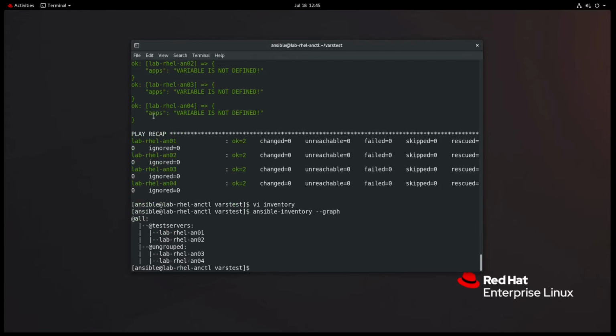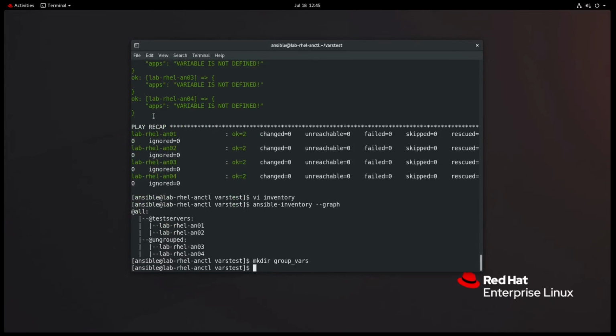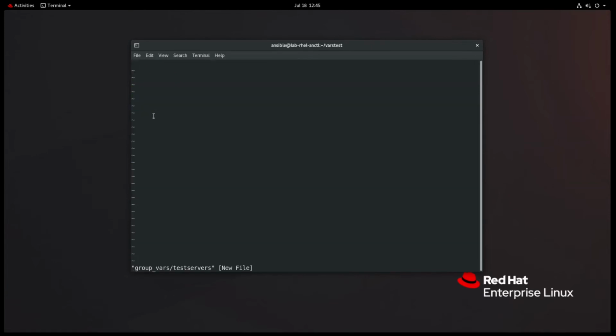All right. So just like you have the directory for hostvars, you can make one for group vars as well. So group vars. And just like with the hostvars, you would create a file that matches the name of your group. So let's do that. Group vars. And we'll do group vars test servers. And this time let's do something else. We'll do a dictionary this time. So let's call the variable